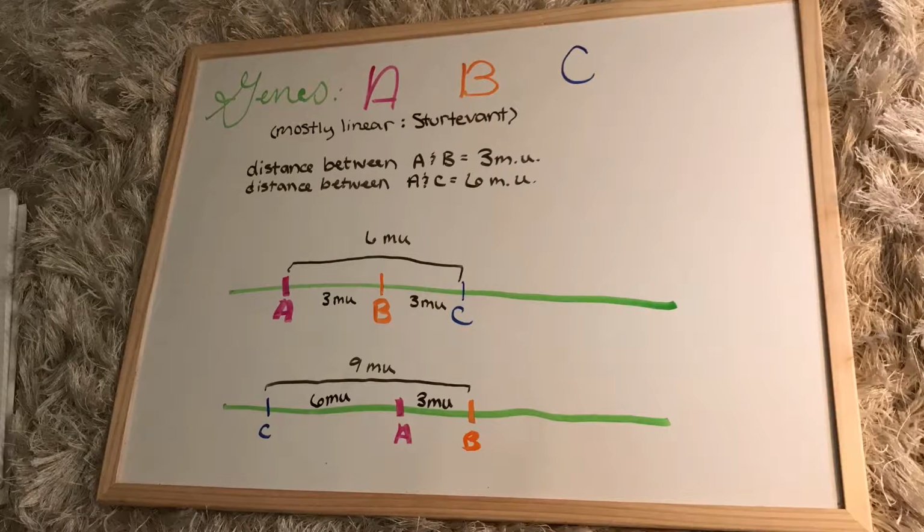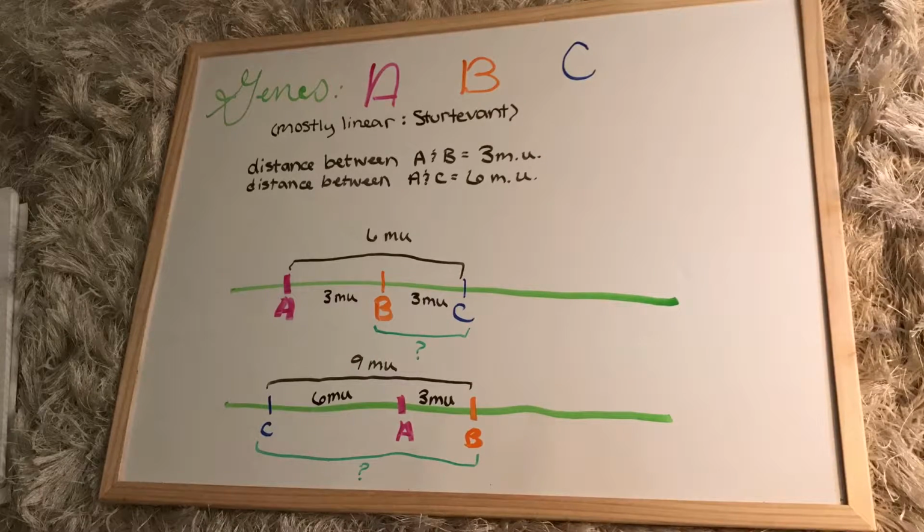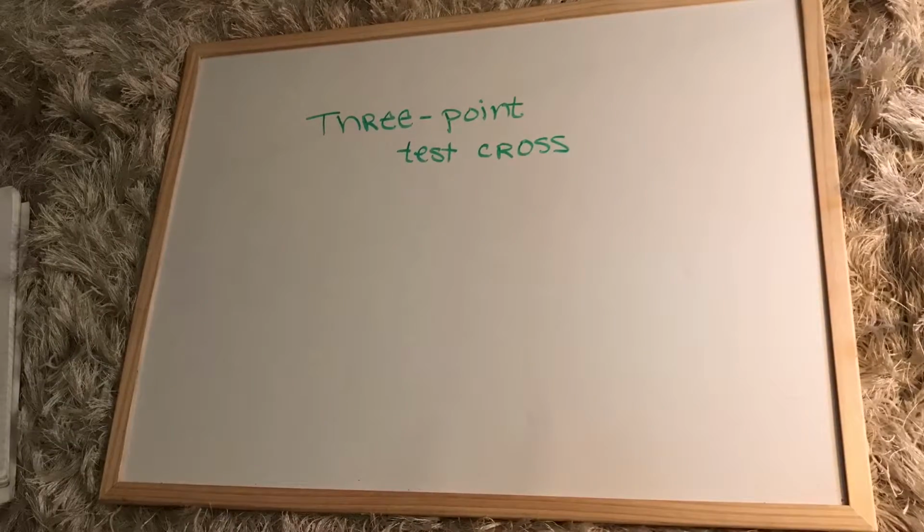The real mystery here is the distance between B and C, and once you know that, you can correctly map it. A highly effective way to correctly map genes is through a 3-point test,